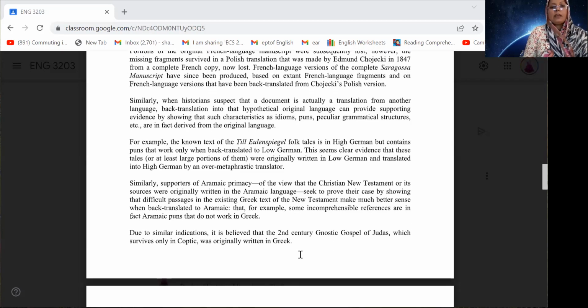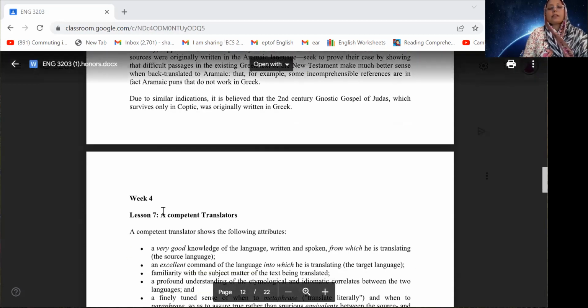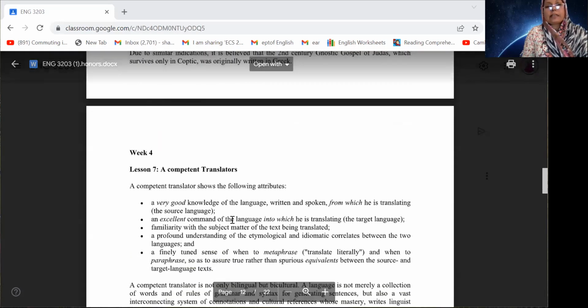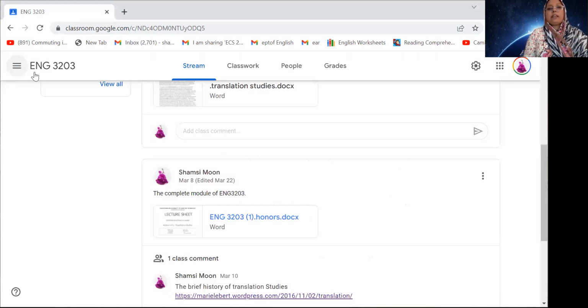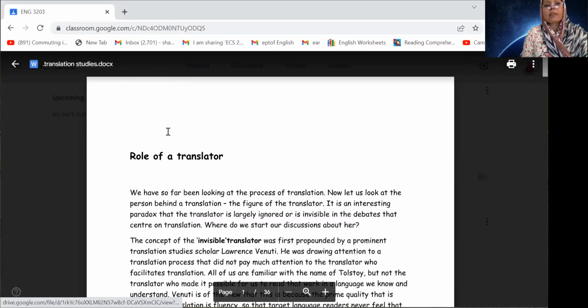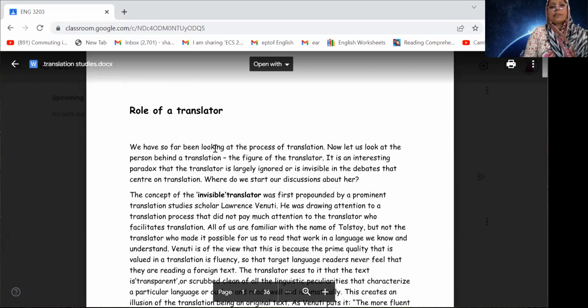Okay, so that is all for today's class. Next Wednesday we will read the computer translator in week 4, so it is running. We will study the same computer translator in a different way. There is another sheet given, role of a translator. It is in question form for you. Okay,